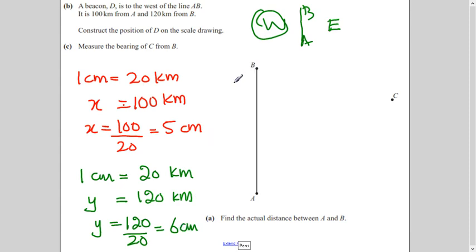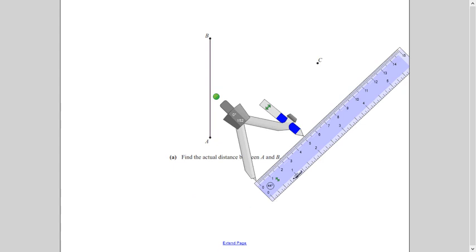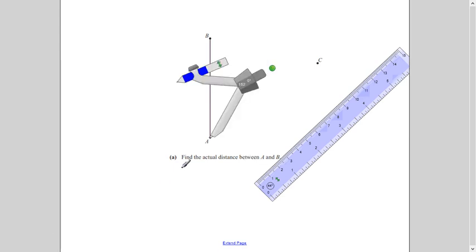Now, how will you draw this line and this line? Just by putting the ruler, you can't do this, because you can put the ruler in this direction, but you don't know the direction. You only know the length of the line. So in loci, how do you do it? You will take a ruler and using a compass, you will measure 5 centimeters. Can you see? You have measured 5 centimeters and now from point A, you will make an arc of 5 centimeters here. So first of all, measure 5 centimeters and then make an arc.